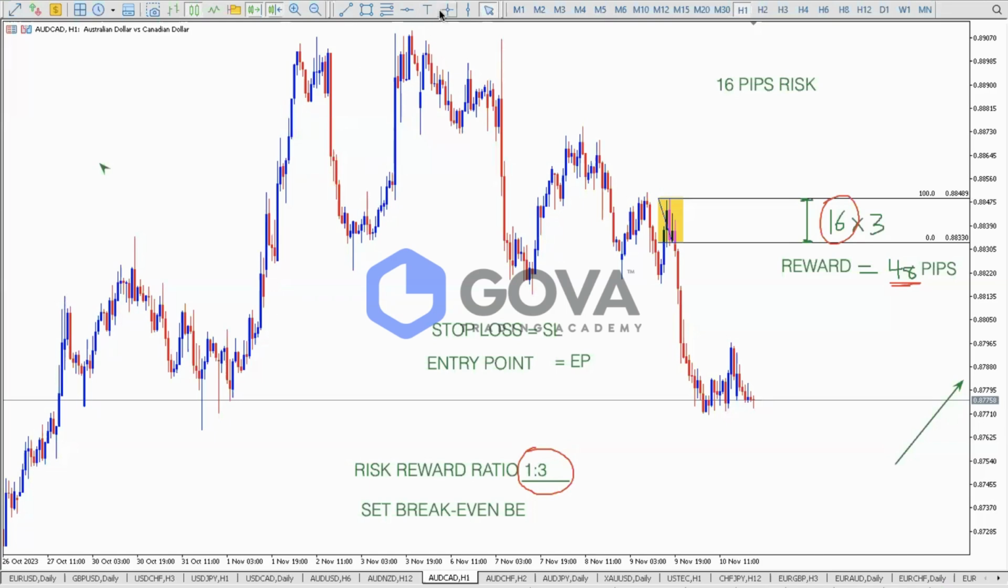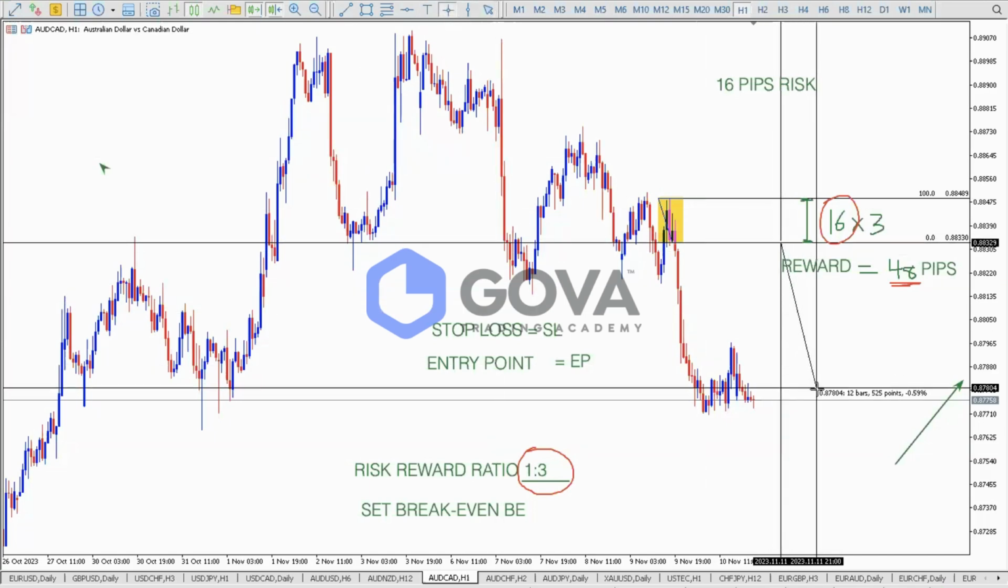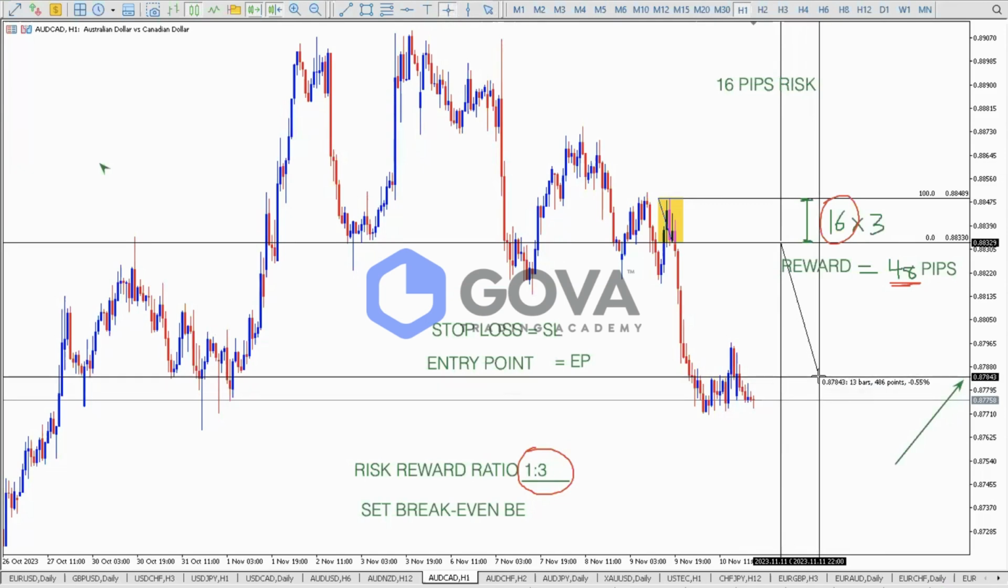The market price for the 48 pips, let us look at it again. You can see, look at where my arrow is pointing at. Look at where the green arrow is pointing at. You can see this is 48 pips. Now, what is the market price for that 48 pips? The market price for the 48 pips is